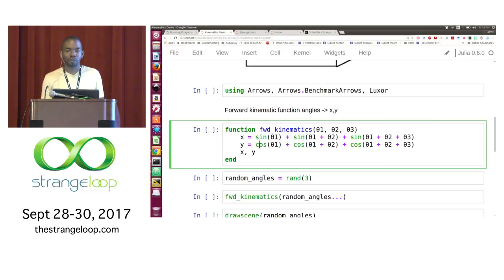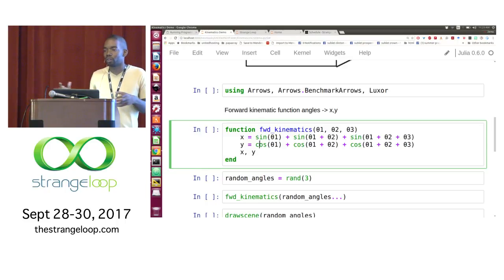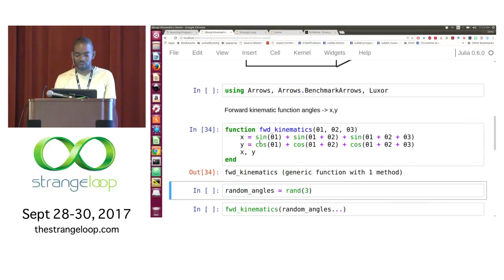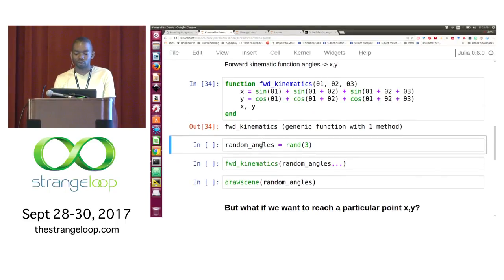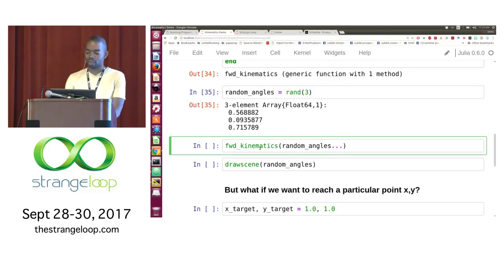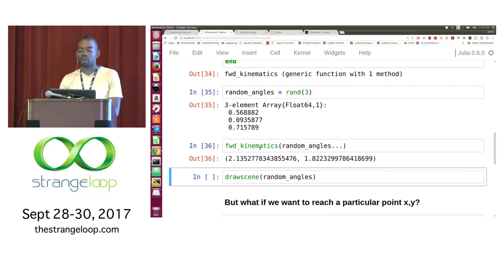And so we can construct a function here. It's called the forward kinematic function, and it takes as input theta 1, theta 2, and theta 3, and it outputs a point in xy, right? This point in xy is where the hand is in 2D space. I've got a 2D robot in this example. So I can evaluate this function, and I can create some random angles, some random thetas, using this rand function. And just to show you that this function works, I apply my function to my random angles, and I get out some random point in xy.